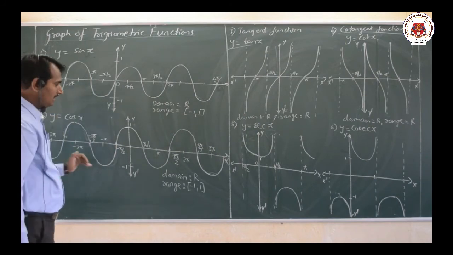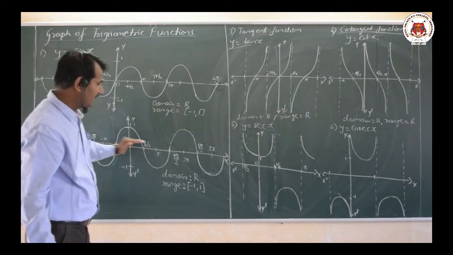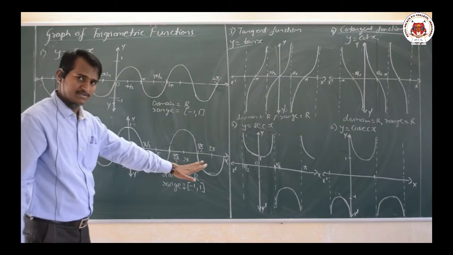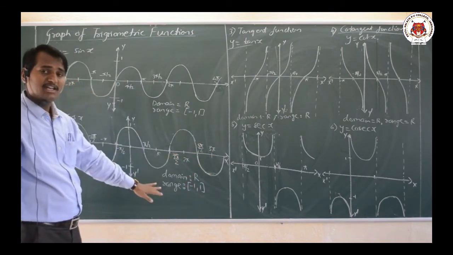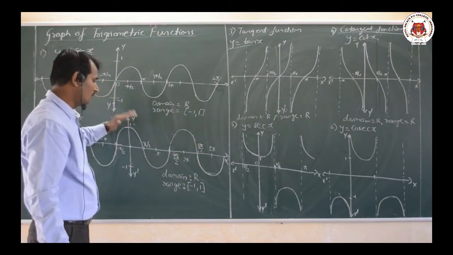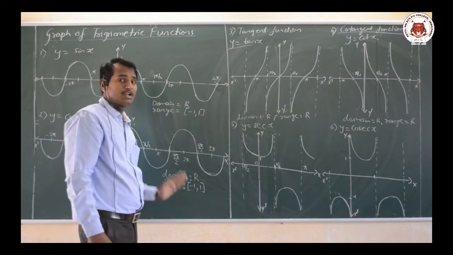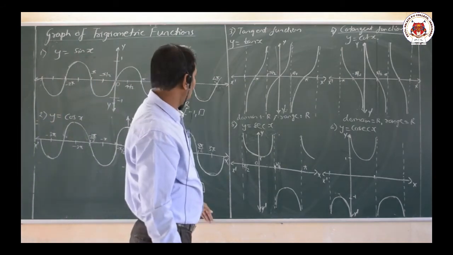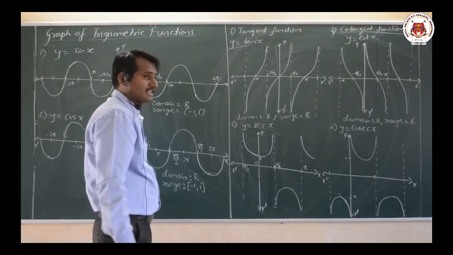Similarly from -2 pi to 0 here and so on. And what is the domain here? Domain is nothing but x can take all the real numbers, any real number, and similarly range is also from -1 to 1, that is nothing but our range in the closed interval. Okay, that is all about the graph of sin x as well as cos x.